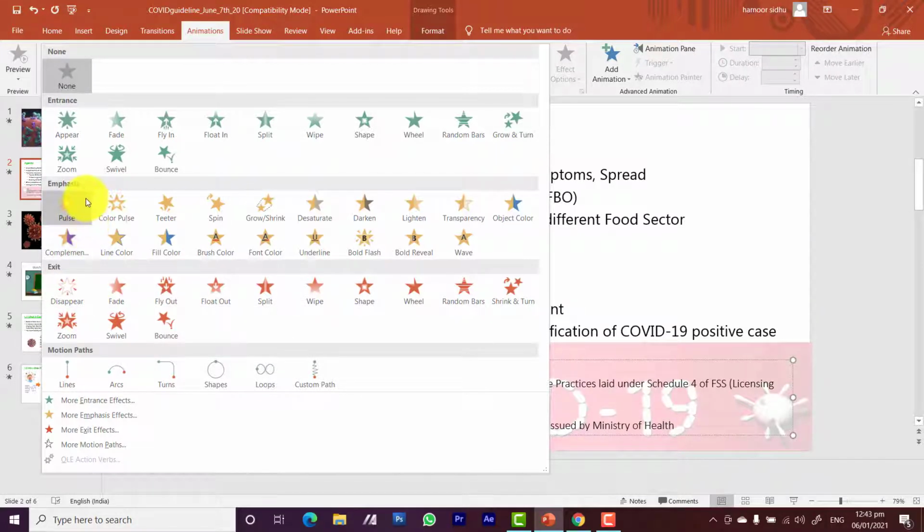So you can emphasize some object or text. You can run some color pulse on that. Okay, or you can make something darken. You can make something grow. You can use the effect fly in or suddenly appear somewhere. So these are the effects list of the effects shown.